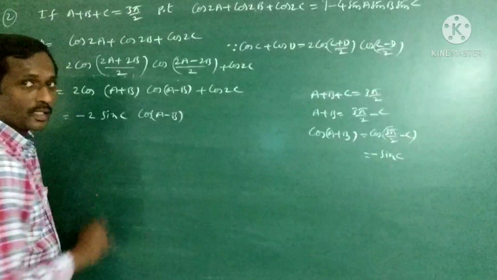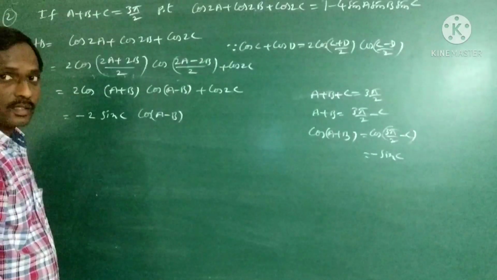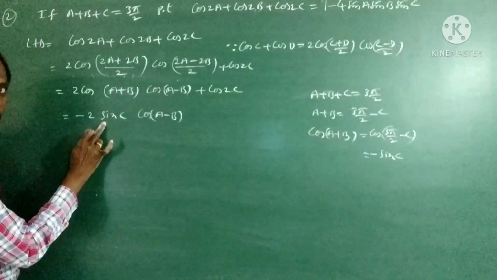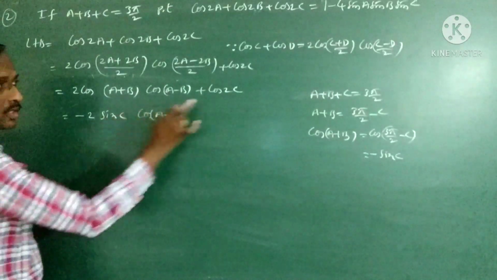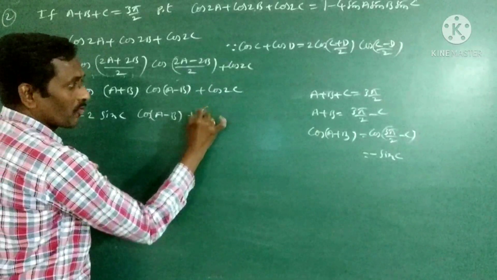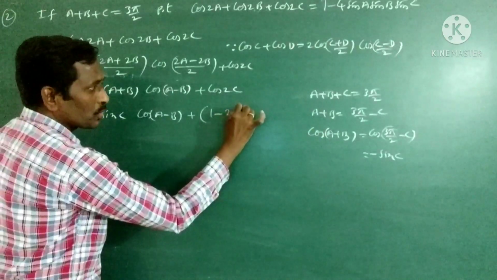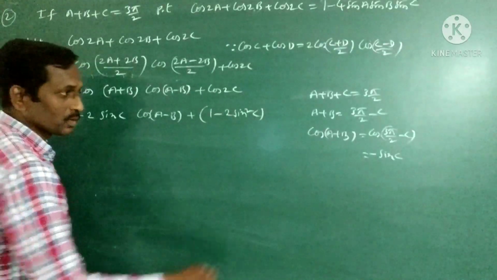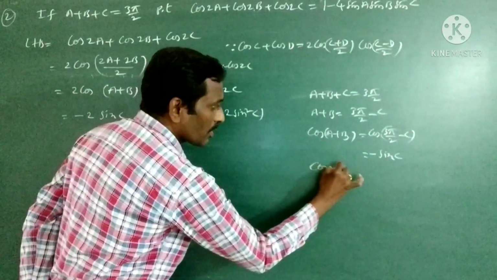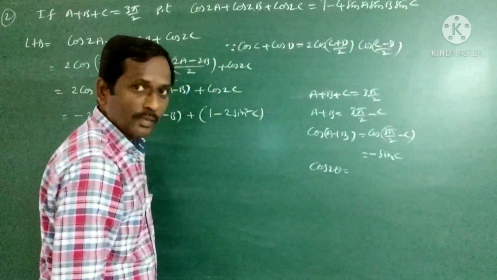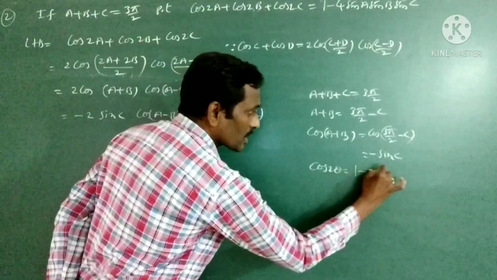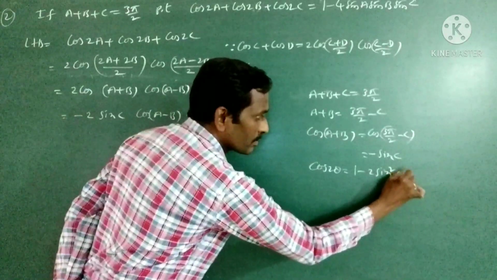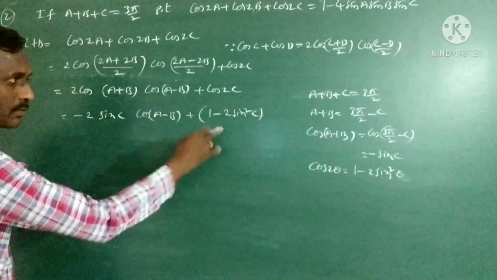Once again we have to write the 2 theta formula for this. So we have 2 formulas. Which one do you have to use? Whatever function we have here, related to that you have to use. So what is the formula we have? 1 minus 2 sin square c, because we have written the cos 2 theta formula in terms of the sin function. What is the formula? 1 minus 2 sin square theta. That is the formula we are using.